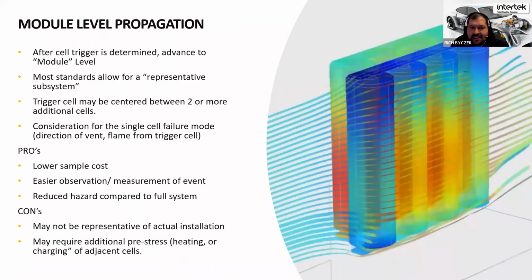Module level propagation. A lot of the difficulties here at module level is that you don't address the overall construction of the system. You may have different thermal management going on at a module versus the full pack. Some of the insulation of the full pack is not really addressed. At the lab level, module level testing is easier because you've got a smaller potential event. Containment in the lab and personnel safety are addressed there, but you may or may not get that worst case condition.